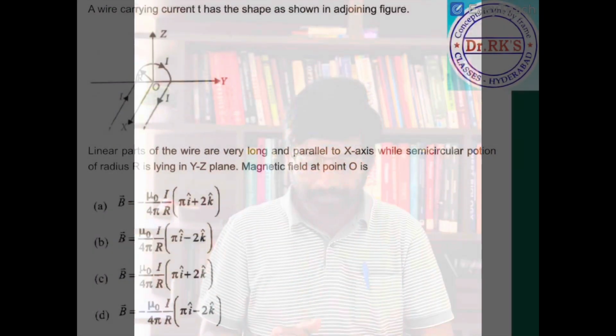So today I am going to start with a problem sent by a student, which is based on the magnetic effects of electric current, an application of the Biot-Savart law. We know that when current is flowing through a conductor, there is a magnetic field surrounding the conductor. Based on this, one student sent a doubt. So please look into this problem.